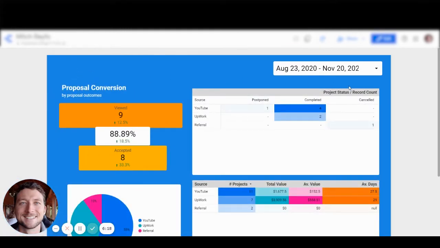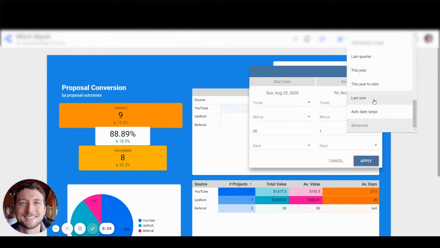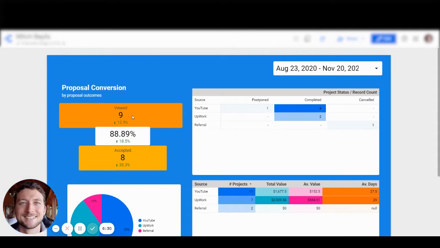Then we've got our proposal system feeding into Data Studio as well, and we can have a look at any date range that we want. So we can set this to automatically look up the last 30 days, just look up last week, etc., and we can see all the stats coming in. So we can see for this client, they sent 9 proposals, 8 of them were accepted, win rate of 88%. And over the previous period, which is the last 30 days before this period that we're looking at, they've had an increase of 20% on that